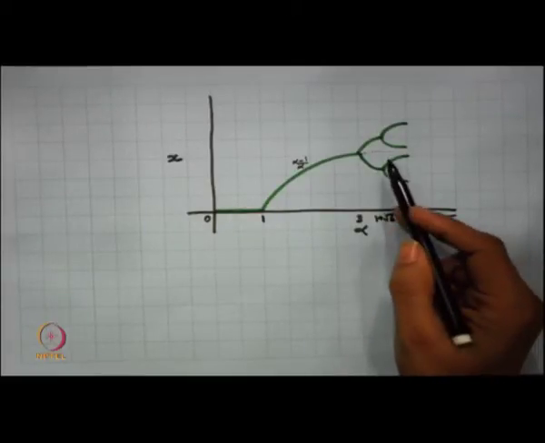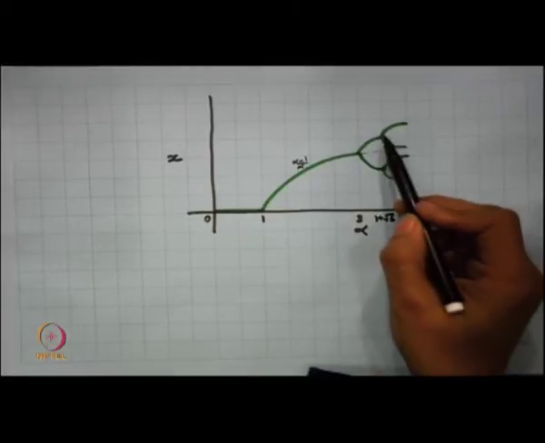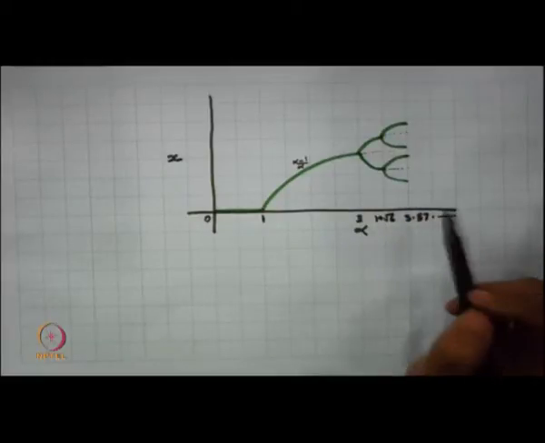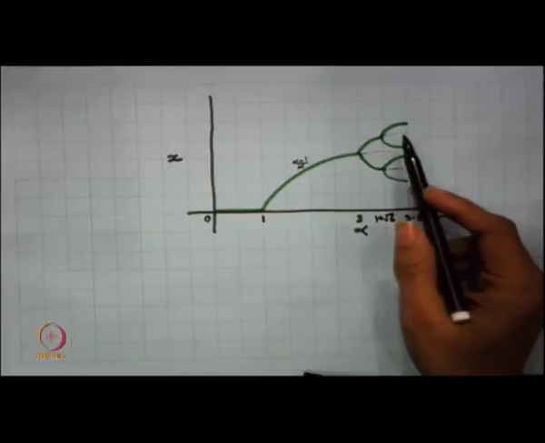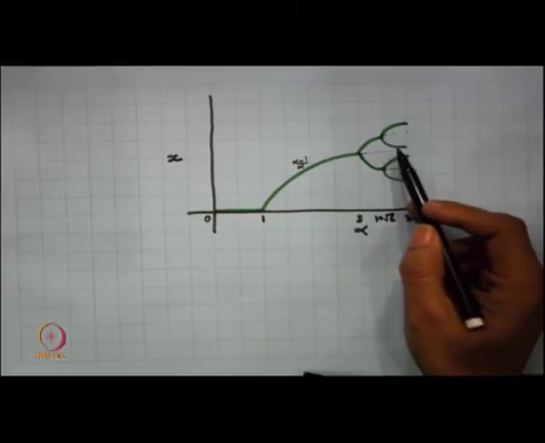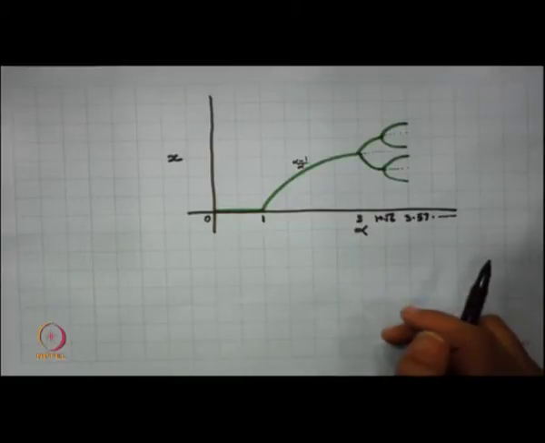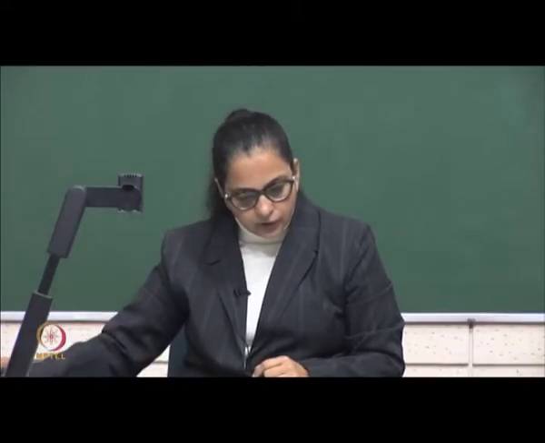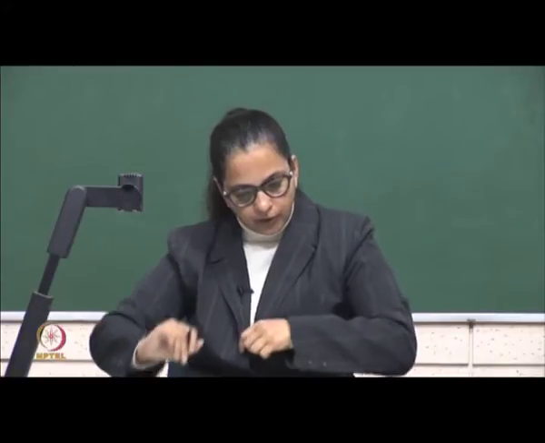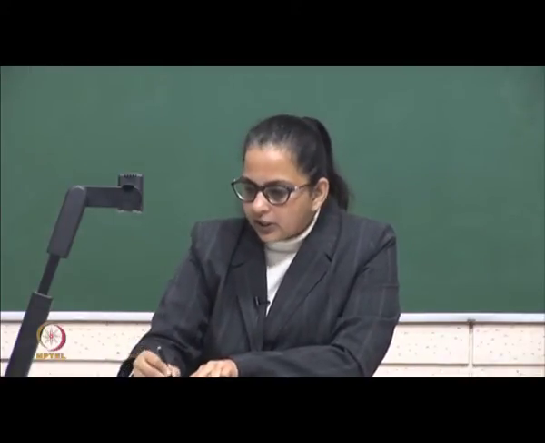So, at 1 plus root 6 you find that this periodic orbit also loses its attractiveness, it becomes a source here, and so what you find is that there is another period 4 bond here, and this period 4 becomes attracting. Now, we find that this continues till approximately the value of alpha being 3.57. So, we try to look into this fact, so 3.52.